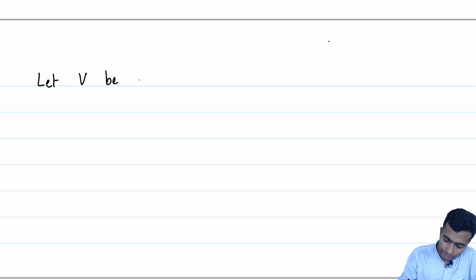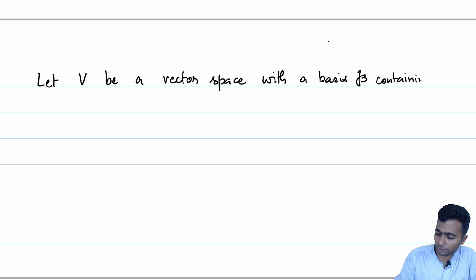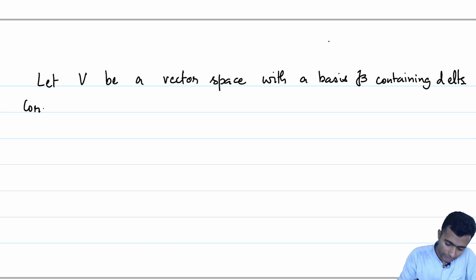Okay, so let us look at a few corollaries. To do that, let V be a vector space with a basis beta containing D elements. So, we are given a vector space and a basis of it which has D elements. So, the first corollary tells us that if